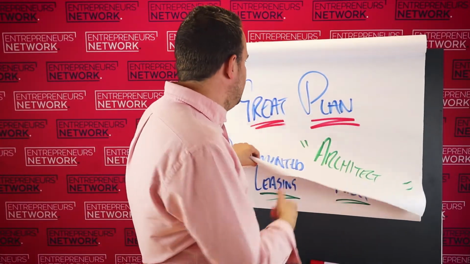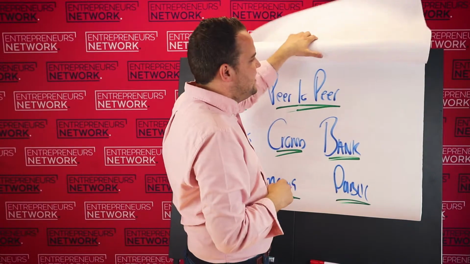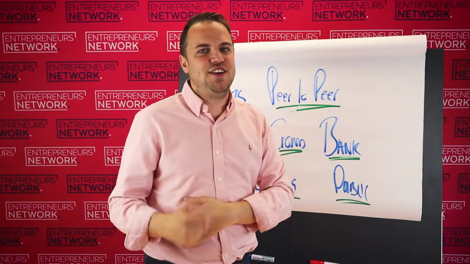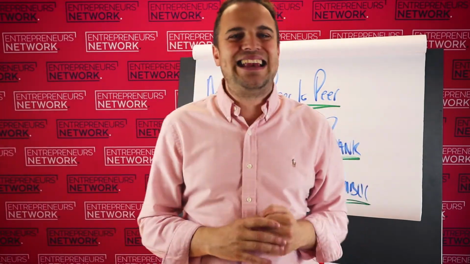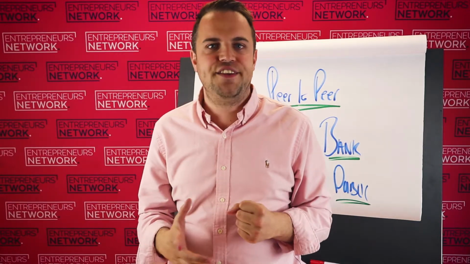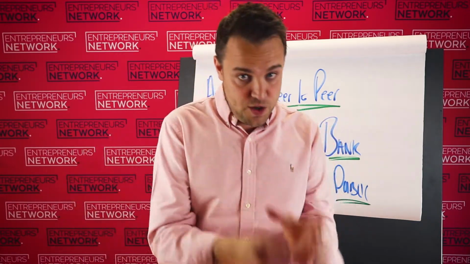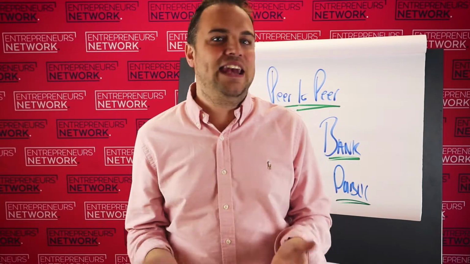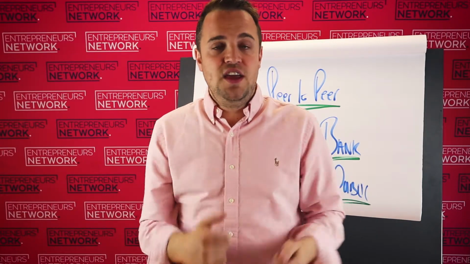Okay, so let's have a look at now some of the different types of ways that we're going to borrow money, the different types. So we've got our angel investors. These guys want to be lending to you anywhere between £50,000 and £500,000. And these guys can be quite good because not only will they give you cash, they're also going to give you a bundle of expertise, which will be able to grow your business.